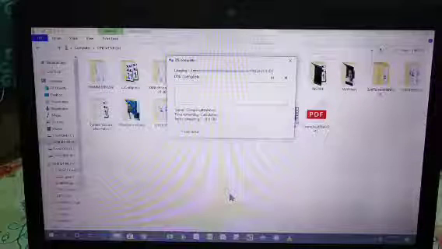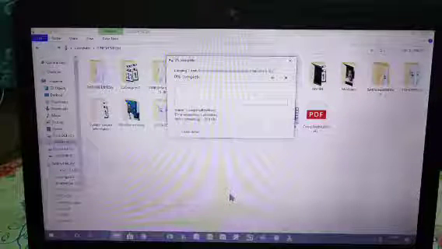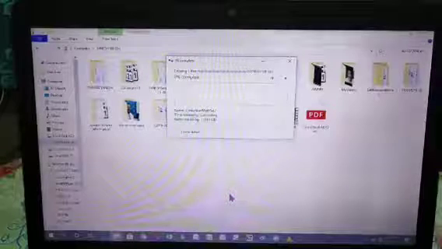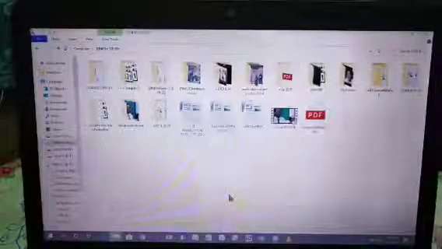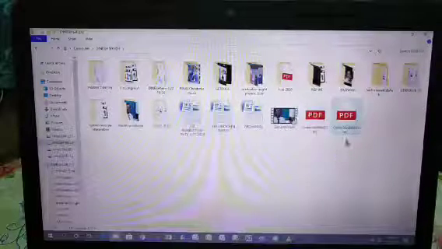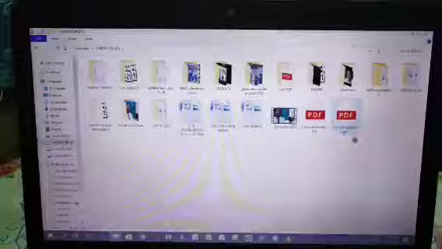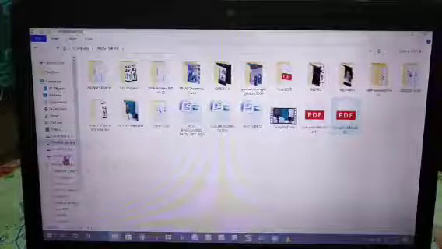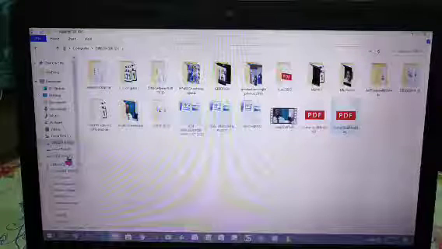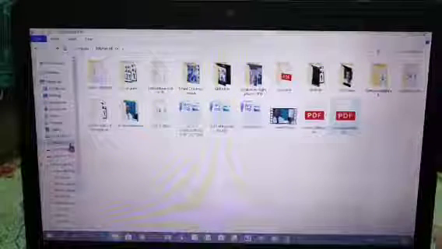So that file is getting copied into this pen drive. We have got this file here now, computer study material 6 set 2. So from F drive, what we did now, from F drive we have copied into D drive.